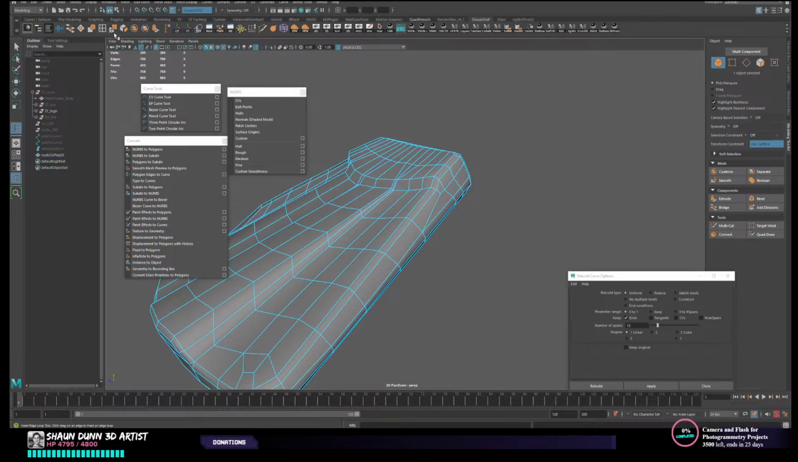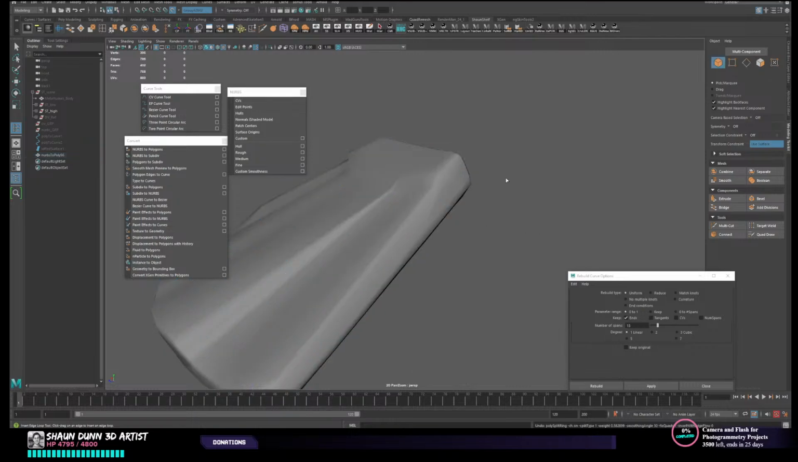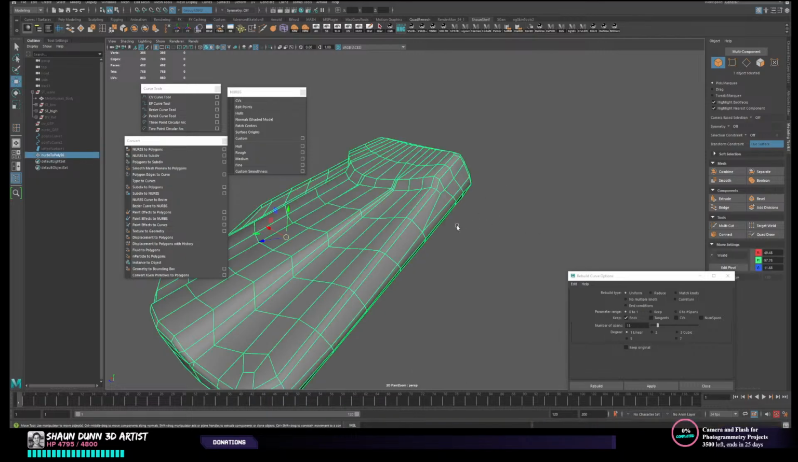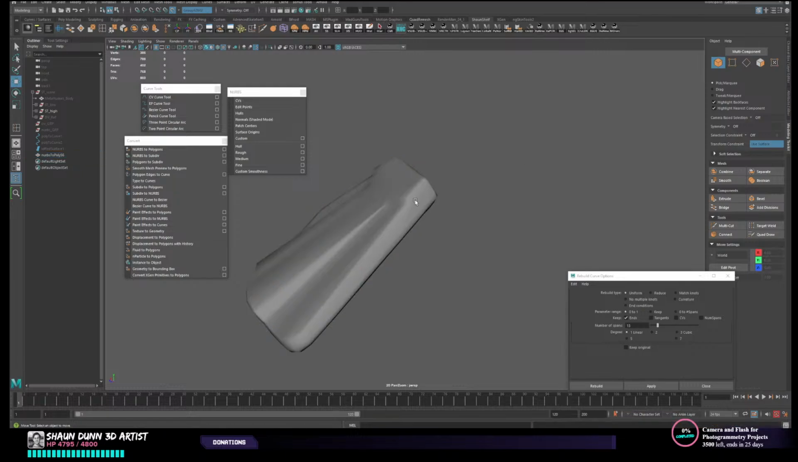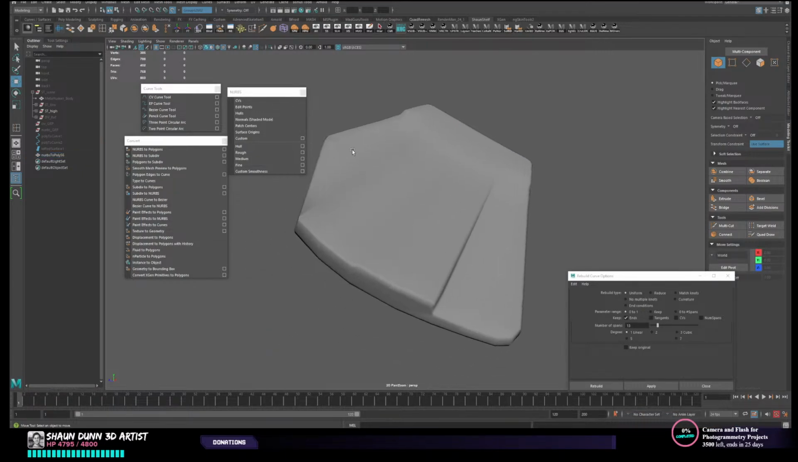And it may not happen if you have an extra loop right here going around. But then you have to go through and do all that. So I'm going to just avoid that for now. I'm going to unlock all my normals, and then soften them. And then now,